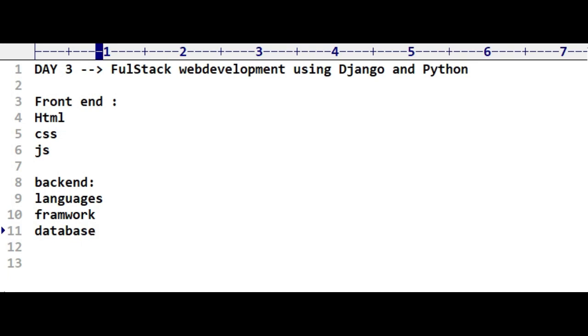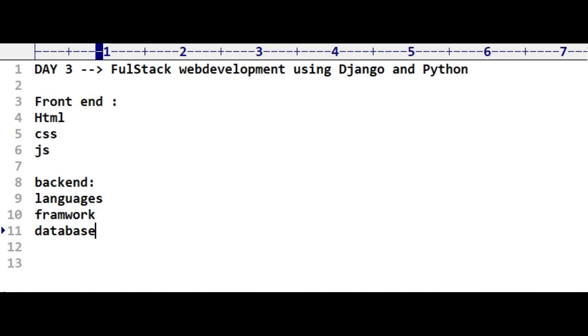Database. In backend we learned about database. What is data? How many types of database are available? Without storing data, you can't imagine any web application. The end user provides a username and password, and somewhere it is required to store them. In a banking application, transaction history has to be stored somewhere. So some compulsory storage mechanism is required. You can use multiple databases, like SQL, MySQL, and many more. MongoDB is also a database.